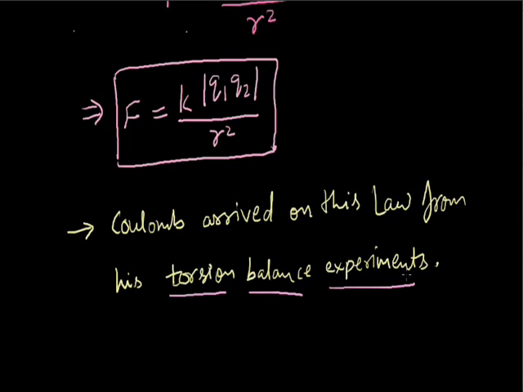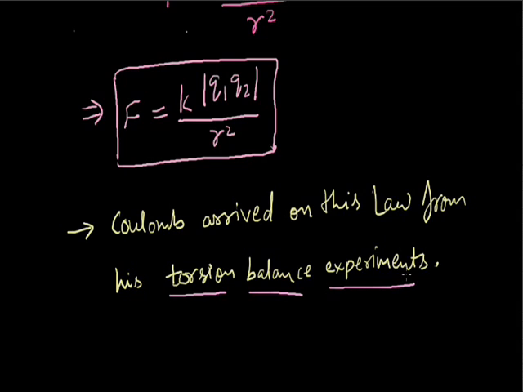To reach this particular equation, Coulomb used a simple way. He took a metallic sphere with charge Q, and then the sphere is put in contact with an identical uncharged sphere. The charge will spread over two spheres. By symmetry, the charge on each sphere will be Q by 2. And if we repeat this process, we can get charge Q by 2, Q by 4 and so on.